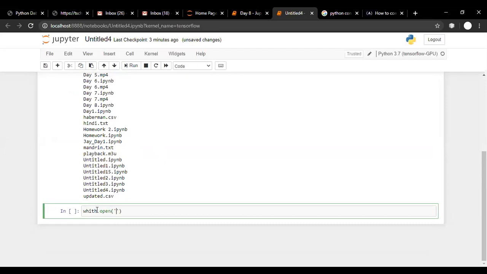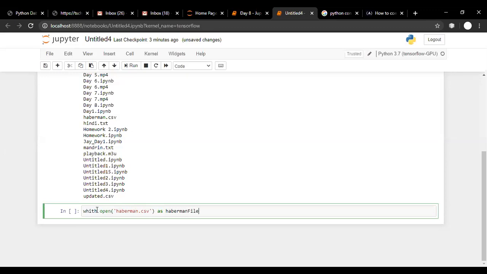Python implicitly closes the file for us, and the file does not remain open. I'm not mentioning any mode, so by default it will be opened in read mode.